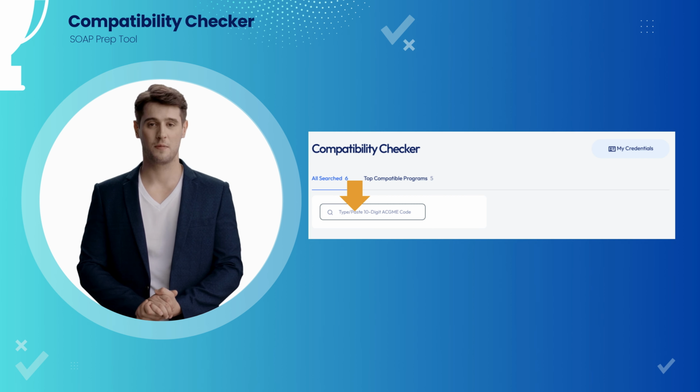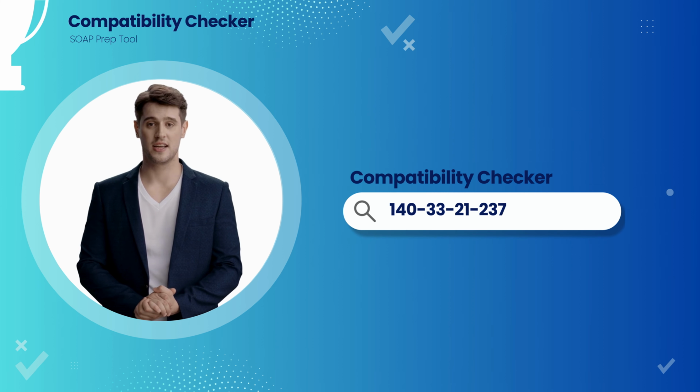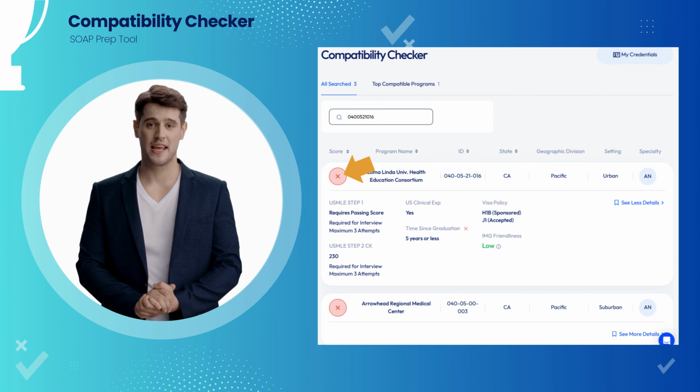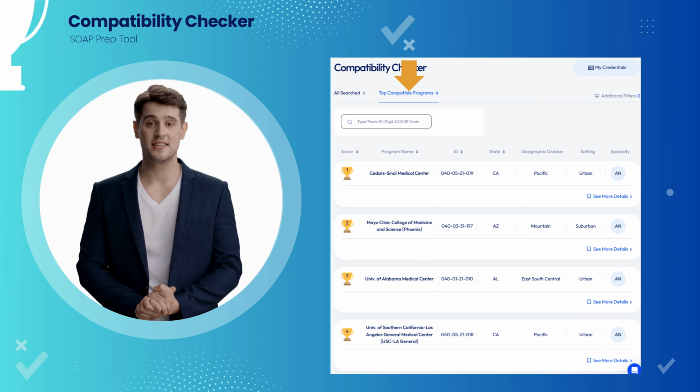SOAP. In the Compatibility Checker search field, you'll individually input the 10-digit ACGME codes for unfilled positions you've obtained from the NRMP R3 system. Compatible programs will show a green checkmark, signaling a match with your qualifications, while a red X indicates a mismatch, helping you prioritize your search effectively. Each program you explore is listed under the Top Compatible Programs tab, providing clear and immediate feedback on your potential